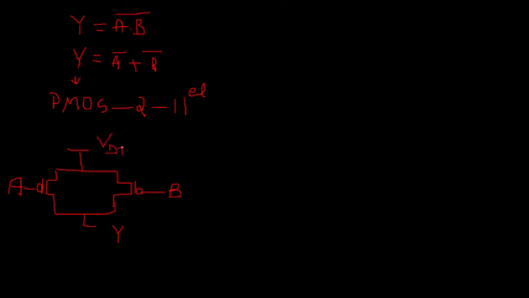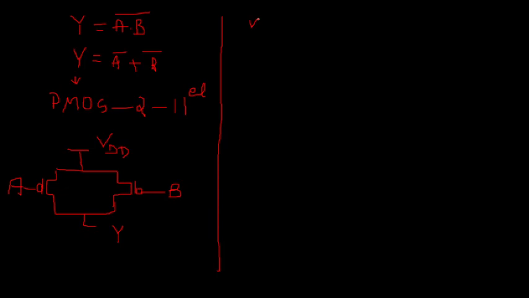Now you want to implement the pull-down network. What are the two options? Either you just do the dual of it. What do you understand by dual? Here A and B transistors are connected in parallel, so you simply apply two NMOS transistors, A and B, in series. But because we are in the starting phase of our learning, it is a good idea to practice it, so we will implement it separately.